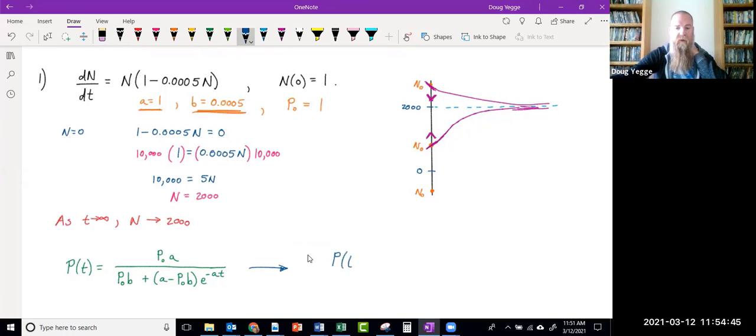That means that P of t is equal to, well, 1 times 1, P0 times A, over 1 times 0.0005 plus, and now we take A, which is 1, minus P0, which is 1, times 0.0005. And that's going to be the coefficient of our exponential term, which is e to the power of negative 1t. So to simplify this just a bit, we end up getting P of t equals,